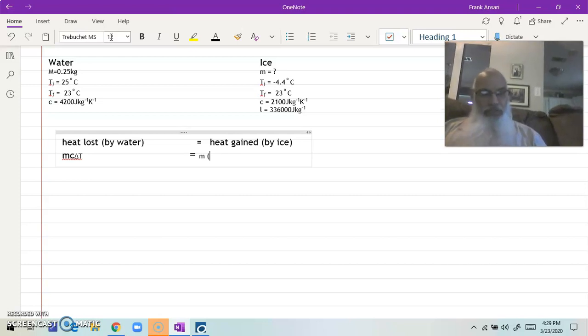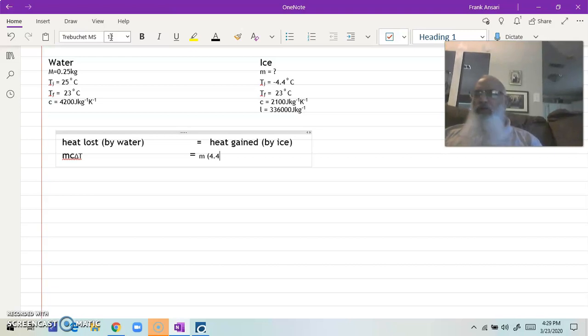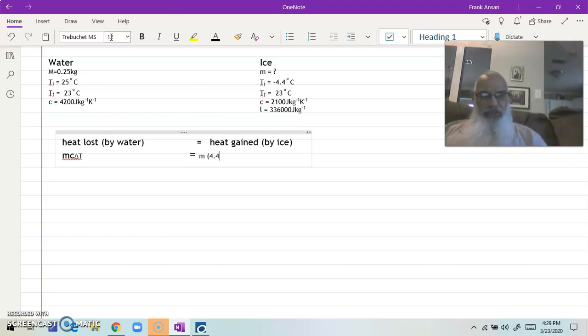The first part is that the temperature rises from negative 4.4 to 0. So how much is the change in temperature? That would be 4.4 degrees Celsius or Kelvin. We're not worried about units in this situation. Times